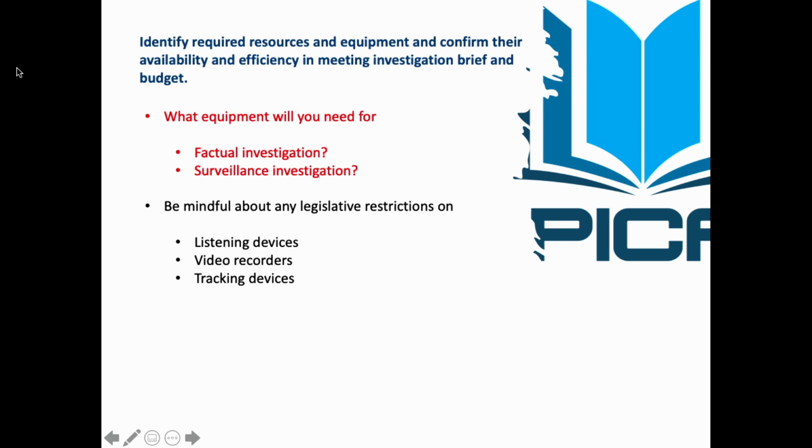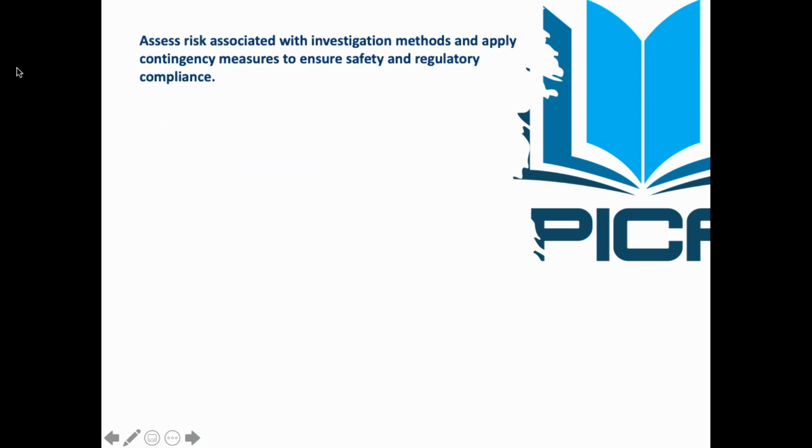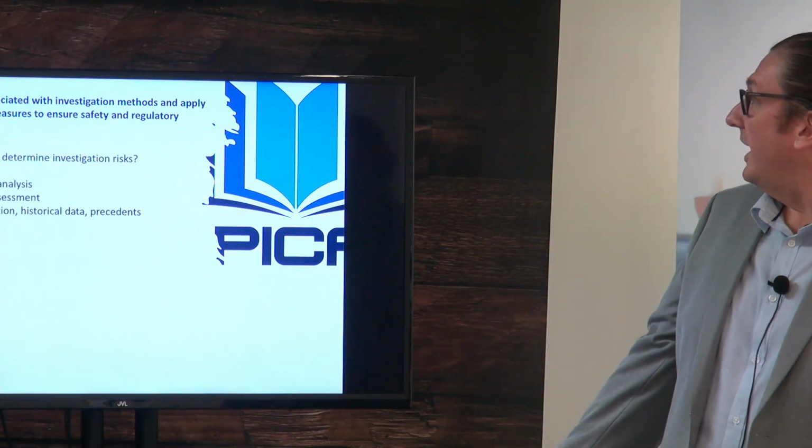Okay, we did have a discussion yesterday about the reasonable expectation of privacy and that sort of thing, and tracking devices. Okay, so what are the risks associated with any of these methods, and how do you determine